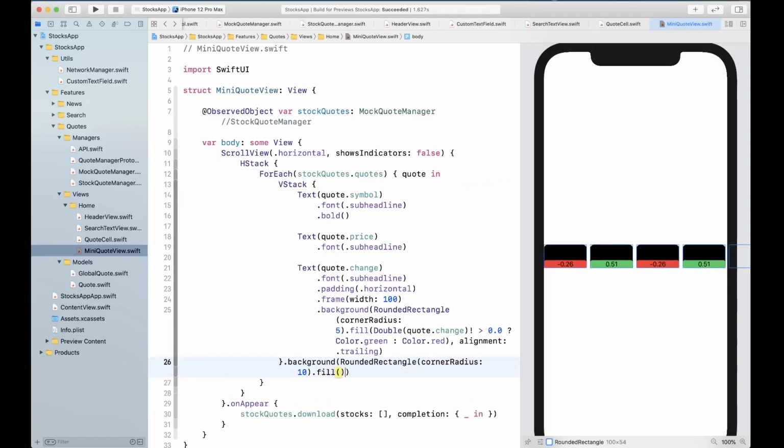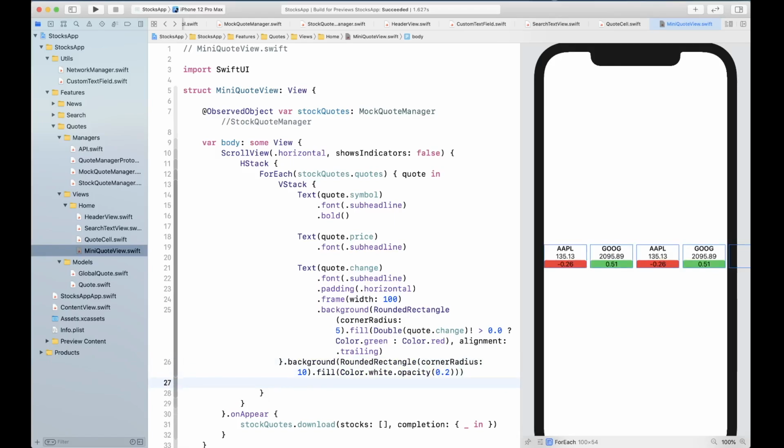It's going to be a fill, and that's going to be color dot white dot opacity 0.2. Okay, and the foreground color is going to be white.